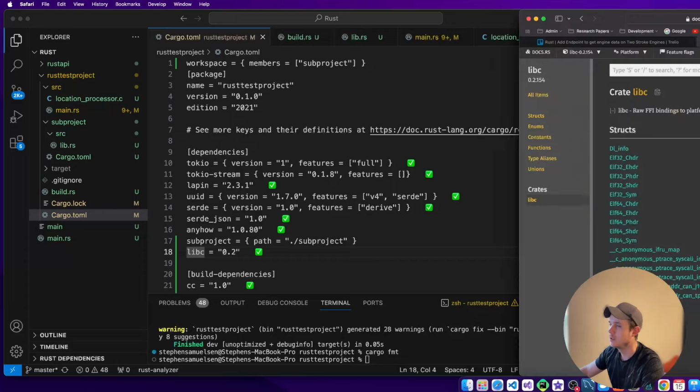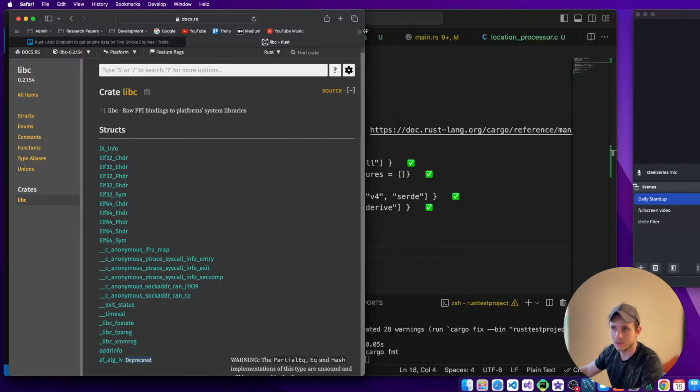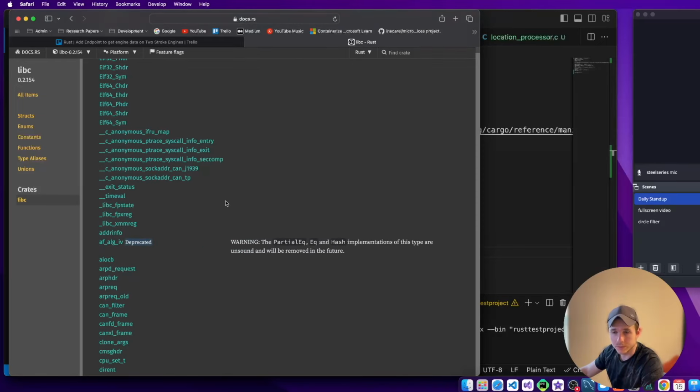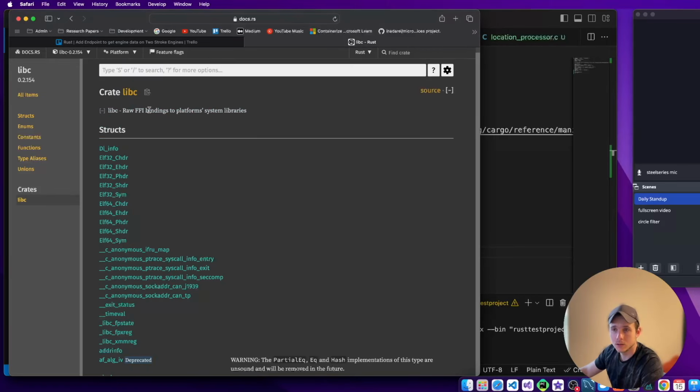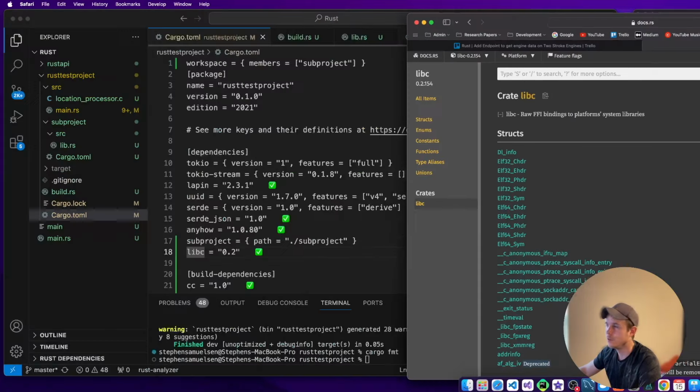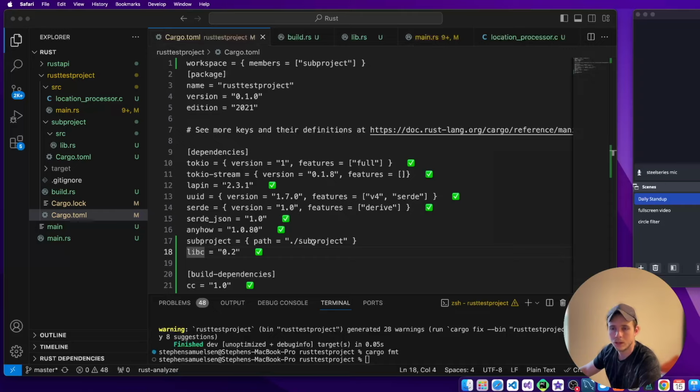Okay. So it just provides basically everything that you need for C. I think it must just provide the same bindings to the platform. Okay. I wonder if this is, because again, I come from a .NET world, right? I wonder if this is the same as including a DLL file. I wonder if it's just providing the... So okay, interesting. But yeah, that's the crate I included, and I also had to add this as a